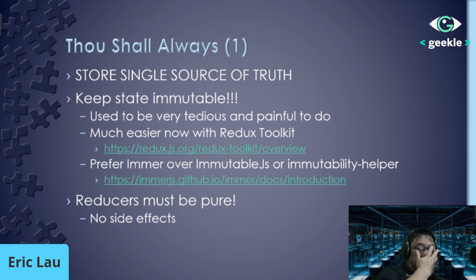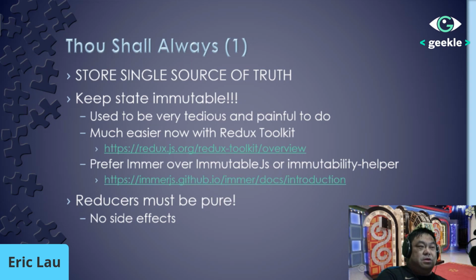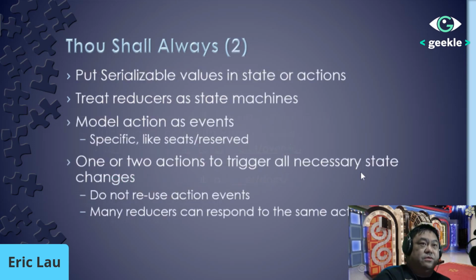You get into trouble with that, with some weird behavior. So the question is, how do you do something like that? You do it by, for example, creating an action that has the current time, and then you feed that payload into the reducer. So that's really what that is.